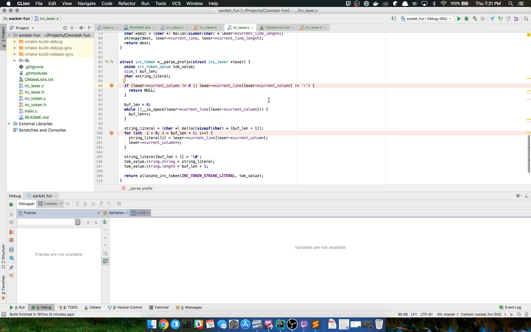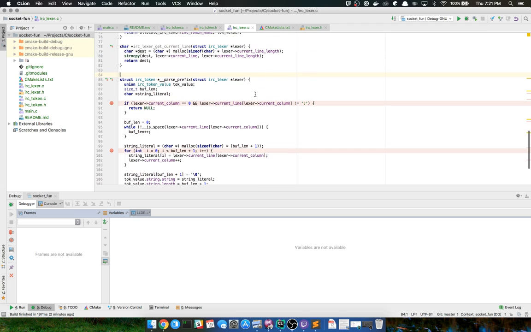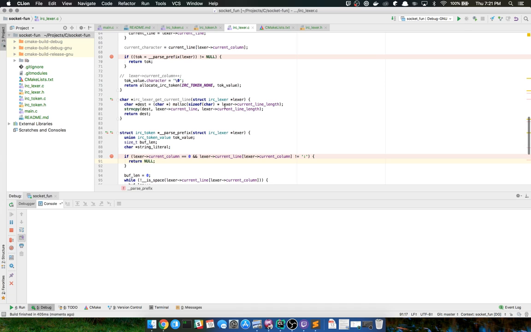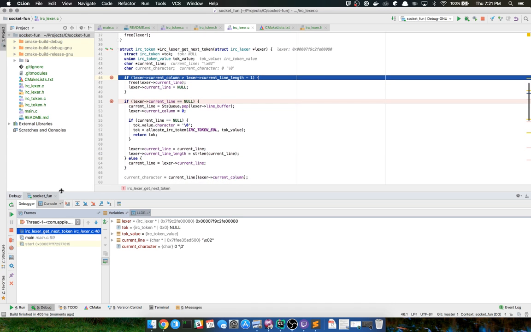Well, we want both of those things to, so it has to be 0, and if it's not that, then return null. So I'll try it again.